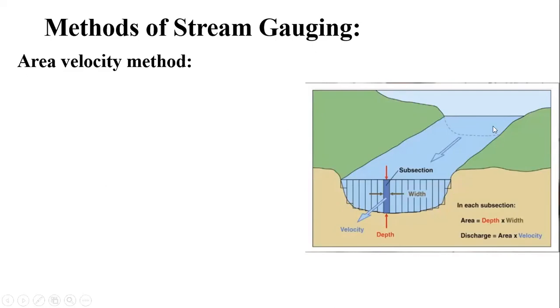So this is a river and this is water flowing through it. This is the upstream end, this is the downstream end, and we have decided to measure the discharge at this particular location. After selecting the site, we need to measure the area of flow, or the cross-sectional area of the water, and the corresponding velocity passing through that particular section. Here velocity is shown, and this is the area.